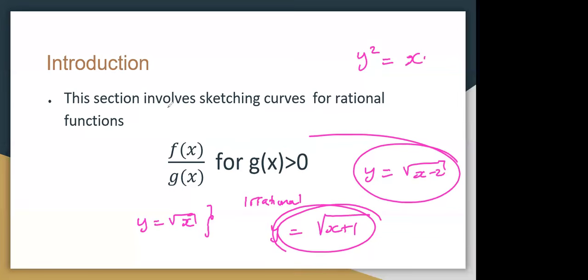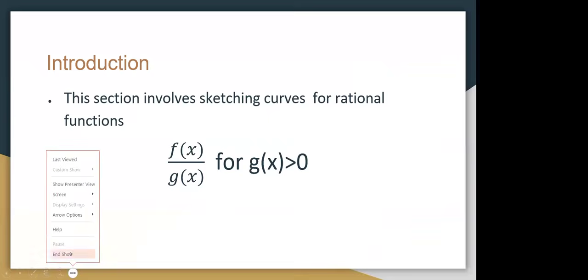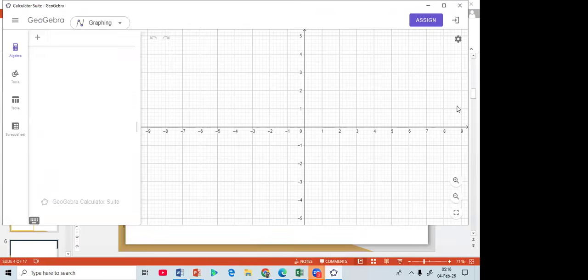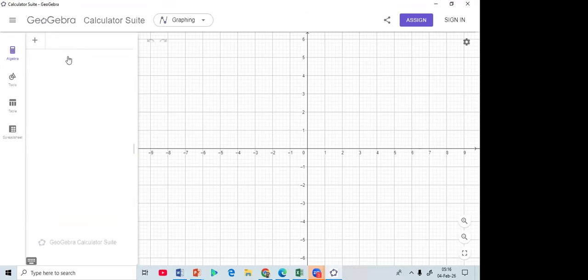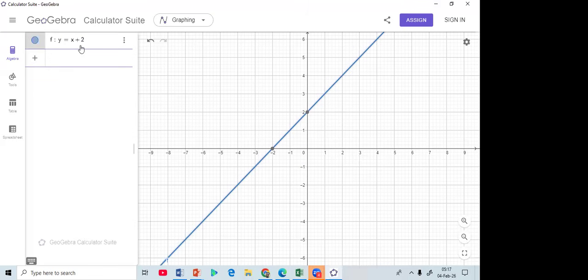Okay, very good. Now from there, allow me to show you how these rational functions look on a graph. What is their nature on the graph? Take an example, I can have my first one, y equals 1. I'm going to show you the difference between the other function we had, where we remained with x plus 2. When we have y is equal to x plus 2, this is the kind of thing we get. Whereas when I have y equals to 1 out of x plus 2,